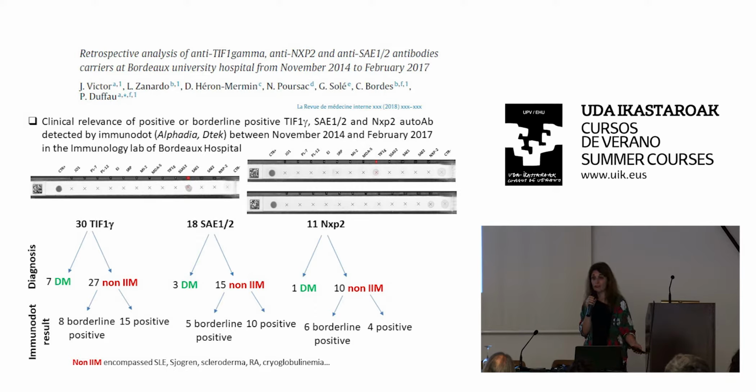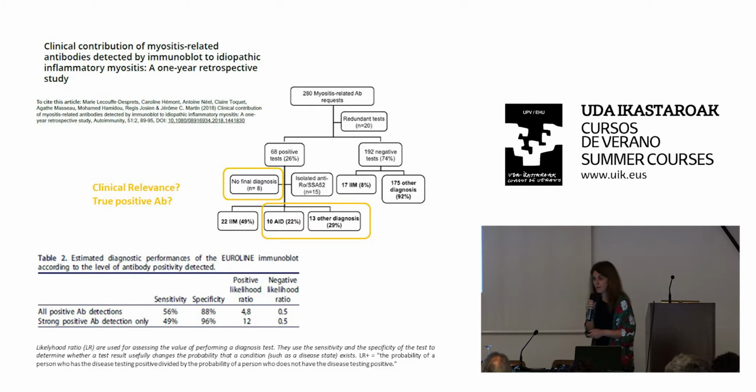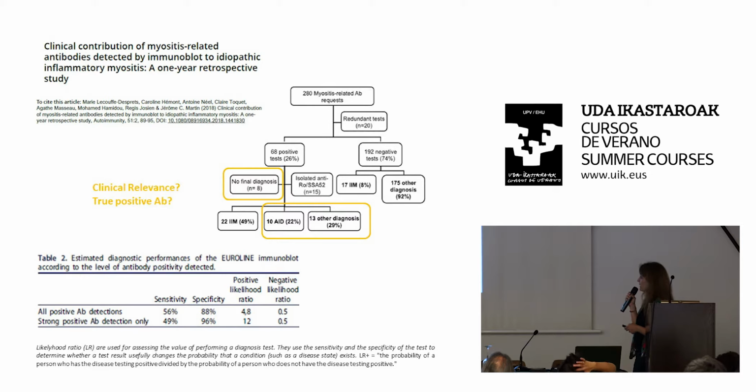So what is that? Is it a cross-reactive antibody? Is it a specific antibody? Would these patients develop a myopathy in the near future? We don't know. And we are not the only lab to say that, because this French group also described the same results in 2018. And what they show is that among the 68 positive patients that